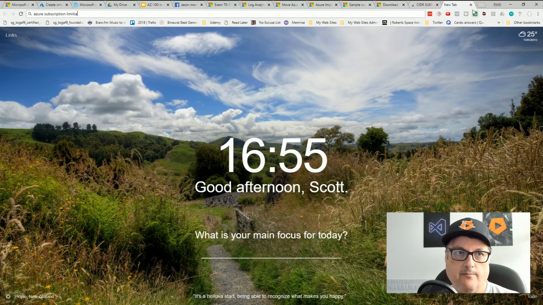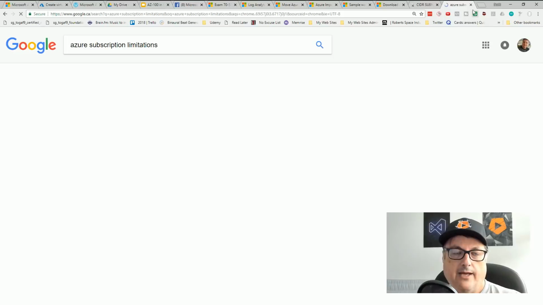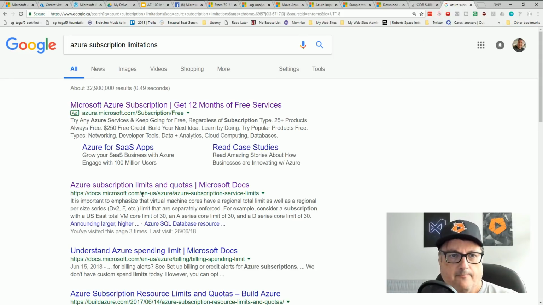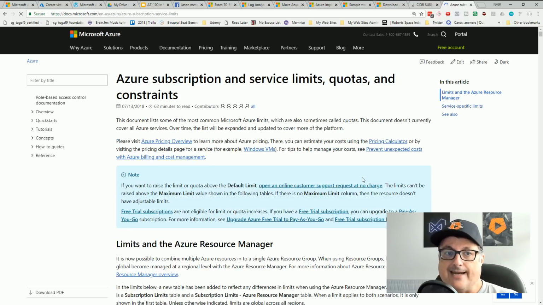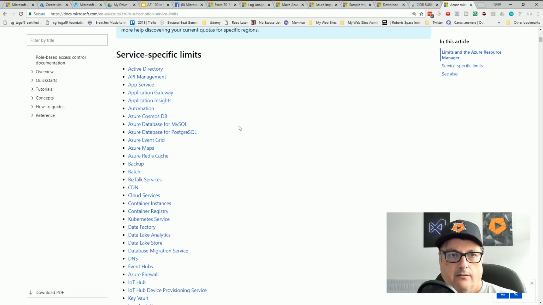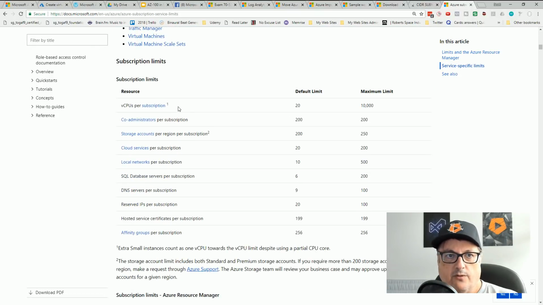I'm pretty sure that the number of resources that you can create on an entire subscription has limits, a maximum of 10,000 CPUs per subscription. So even if you asked Microsoft, begged and pleaded, you could not get more than 10,000 VMs of one CPU each.